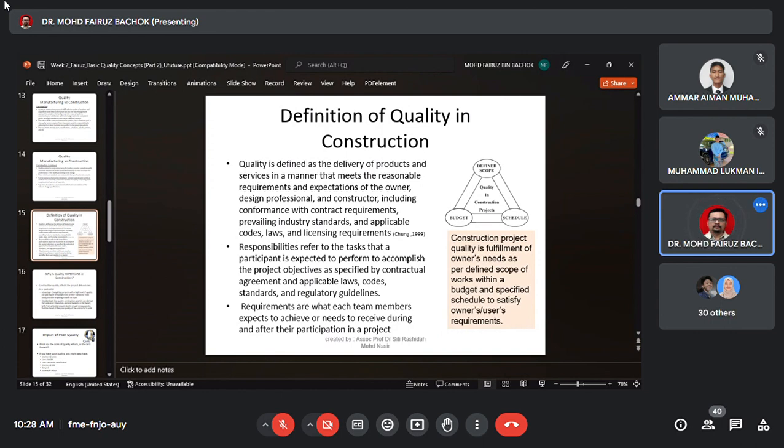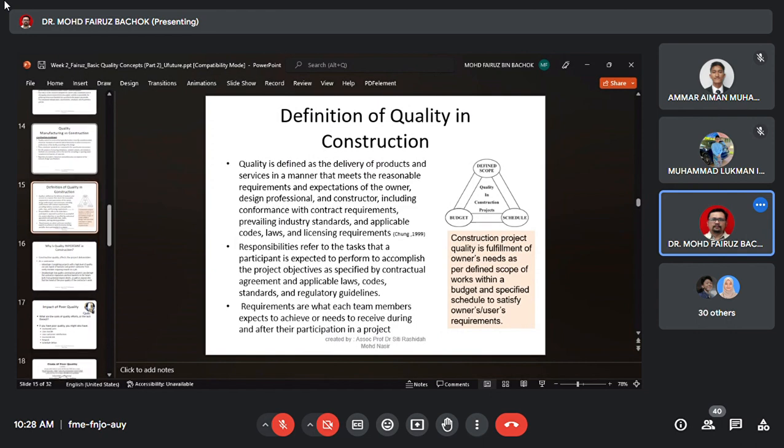So make sure that there's no problem at the defined scope, budget, and schedule if you want to produce a quality construction. So make sure that there's no non-conformance or shortcoming at the defined scope or the issue of the budget, because all these things have a direct relation. If there's something wrong at the schedule, it will affect the budget element. The same goes for the defined scope and also the budget. Okay. Okay, the next one.